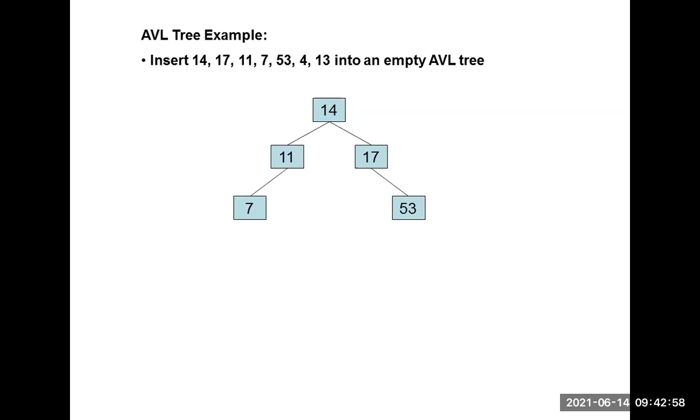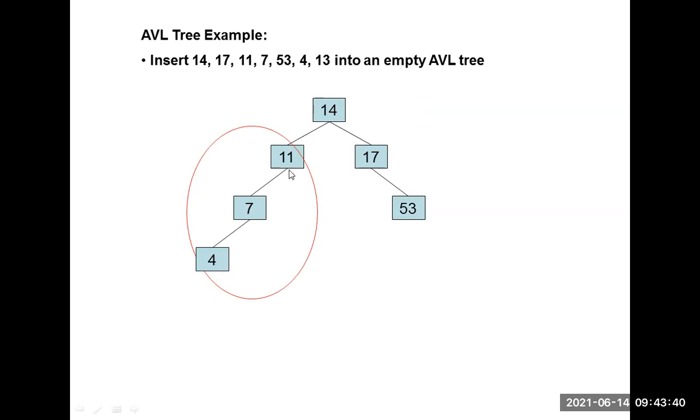After that, I want to insert another node here. I insert here. So is the tree balanced? 1, 2, 3, 3 minus 2, the tree is balanced. Here the tree is balanced, 3 minus 2, but in this level the tree is not balanced because 2 minus 0. So what is the problem here? The problem occurs at LL rotation. I already told you, every level you have to check the balancing factor. So here the problem occurs at LL rotation.